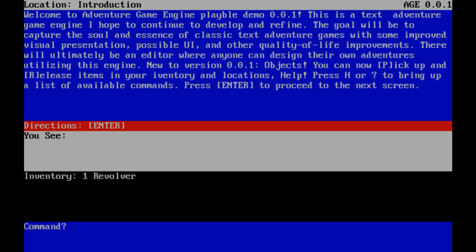However, the goal is that I'm ultimately going to create an editor that will allow me to create rooms and descriptions and objects and items and doors and directions. I'm mostly creating the engine for me to create an adventure game, but obviously having the editor created means anybody can create their own adventures and run them in this Adventure Game Engine. And yes, I know there are plenty of these things already out there, like the Zork interpreter and things like that. What I'm hoping to have different is mostly the way the information is presented